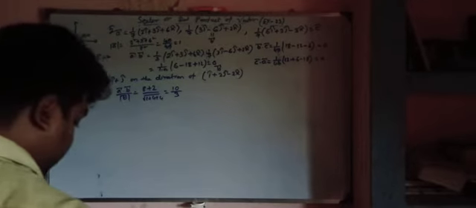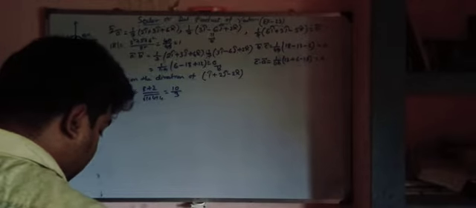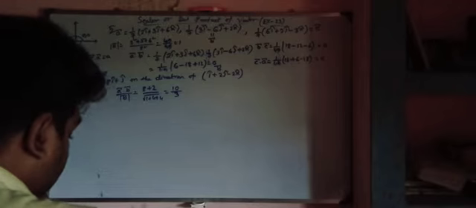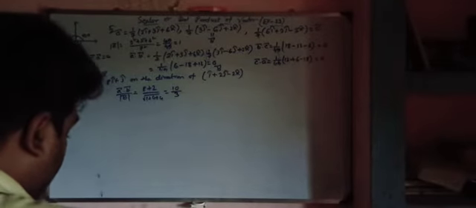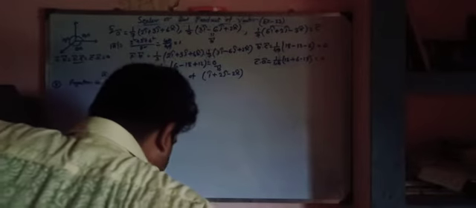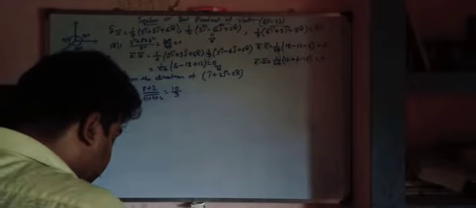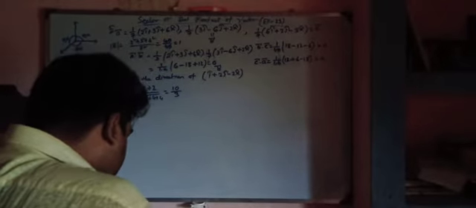It is given: find the projection of A on B if A dot B is equal to 8 and B is given. It is also an easy question. A dot B is given and B is given, we have to find the projection. So try it yourself. Next, write the projection vector of the vector on another vector. It is also given. It is also very easy.